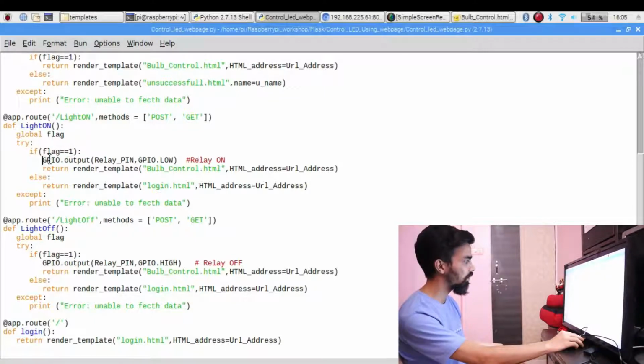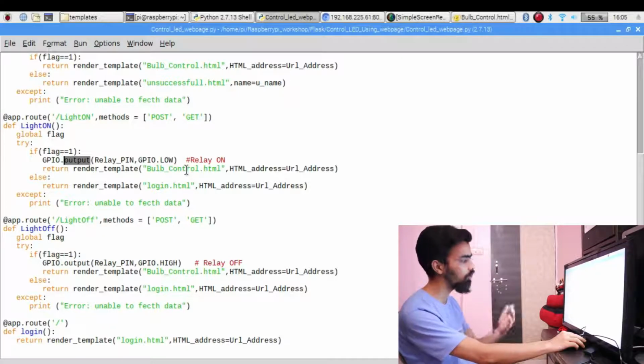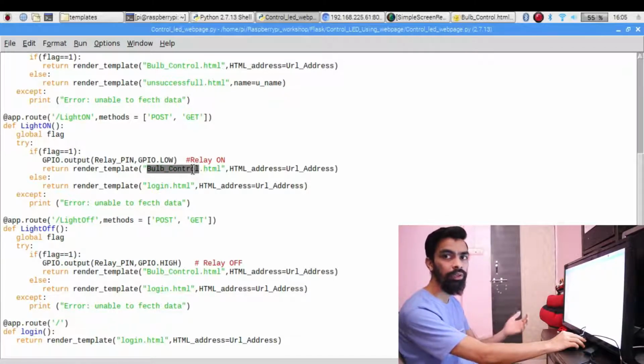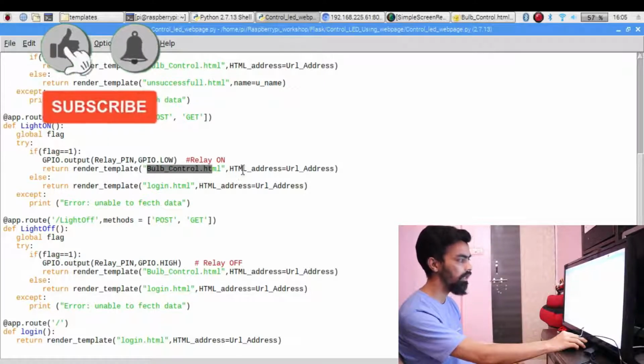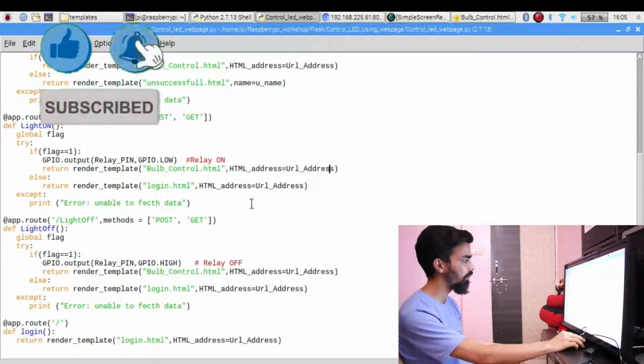If yes, then we have to turn on the relay. To turn on the relay, this function is used: GPIO.output relay GPIO.low. So this will turn on the relay, and once the relay is turned on, we again execute the bulb control HTML page. To execute that page, in the render_template function we have to pass this HTML page and then the IP address, like we already discussed.